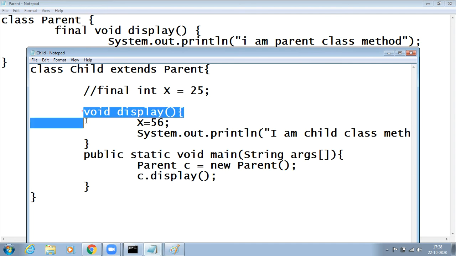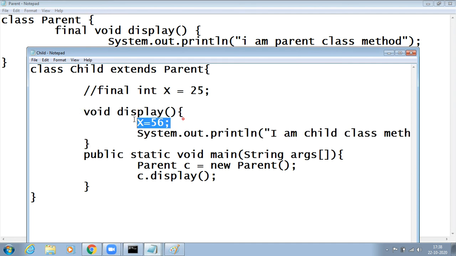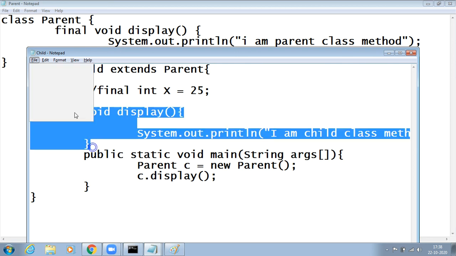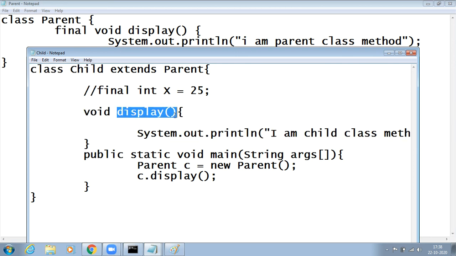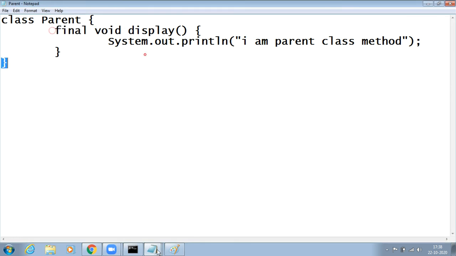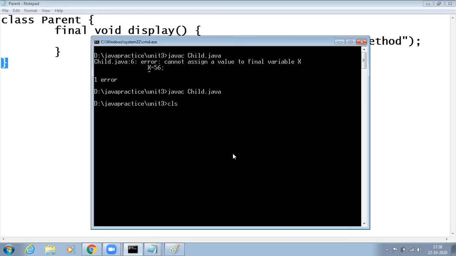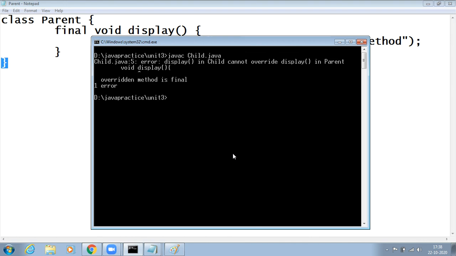this method cannot be reused in the child class. Hence, this is not possible now, because display is created as a final method in the parent class. If you want, you can even run the program and check for the error. See, we got an error here: display in child cannot override display in parent because the overridden method is final.